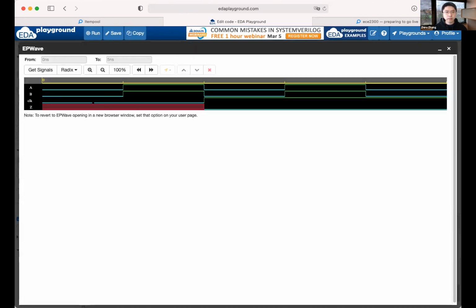So see here, this is my testbench. I'm changing A and B, first 0 0 and then 1 1. For Z, I did not reset Z, so Z is don't care. So this is red, this bit is don't care. But see here, somehow,